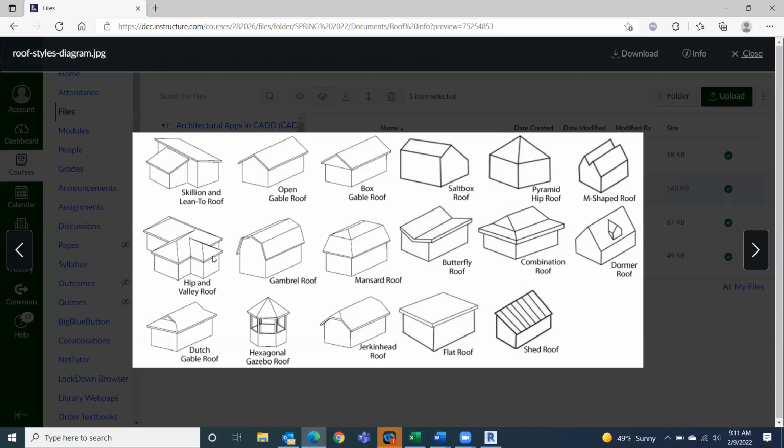This hip is what gives it its name, and this is the gable that's right here. So it's the difference between the two. There's also a box gable roof where it comes out a little bit further. You'll see this in some of the older houses, the old New Orleans houses. Sometimes you'll have this gable come out further than the box, and you'll have a patio or something along this